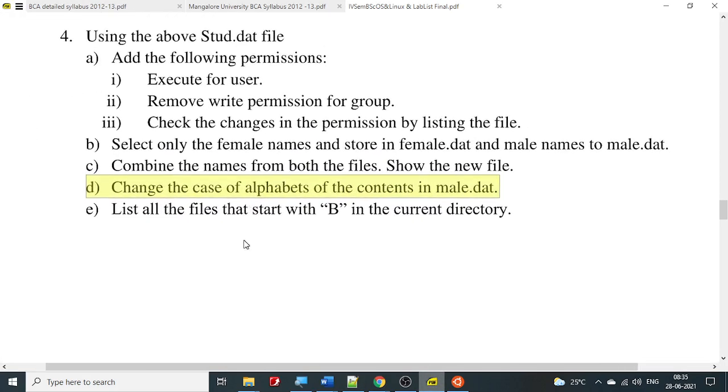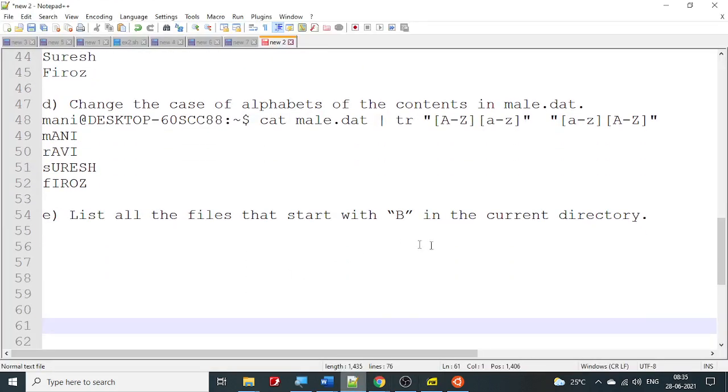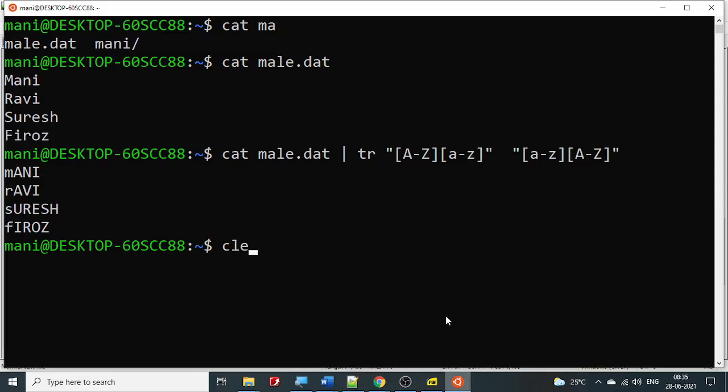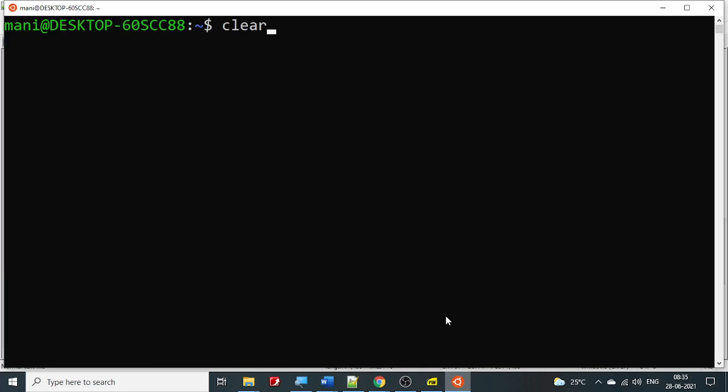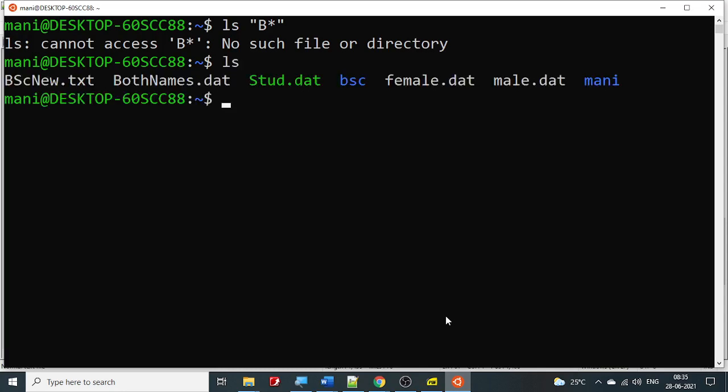Let's go to the last one, and let's control C it, and look at what is the last thing that we are supposed to do. List all the files that start with B. This is child's play. Again, let me clear the clutter. And how do you do that? ls is for listing anything that starts with B. If you say B star, what's going to happen? It's going to say no such file or directory. Why? If I say B star dot star,